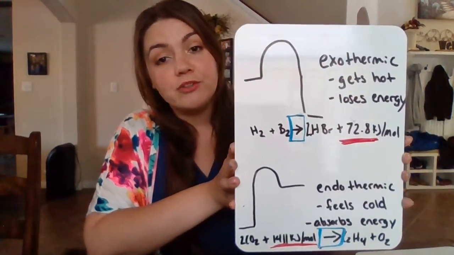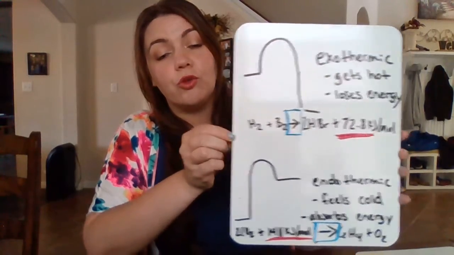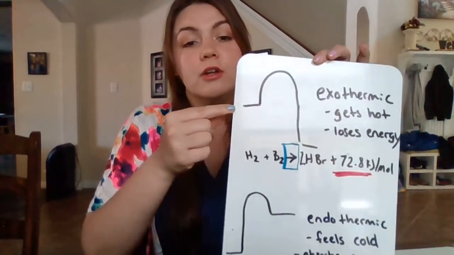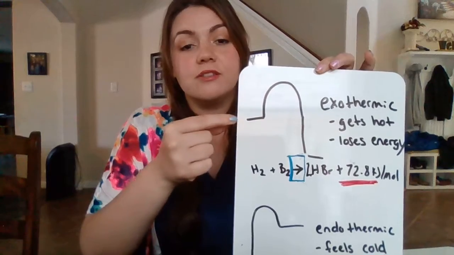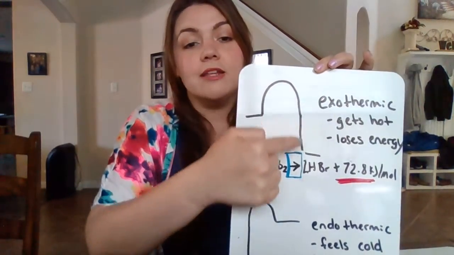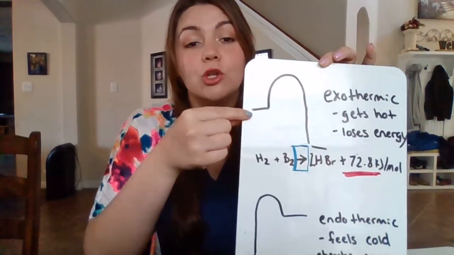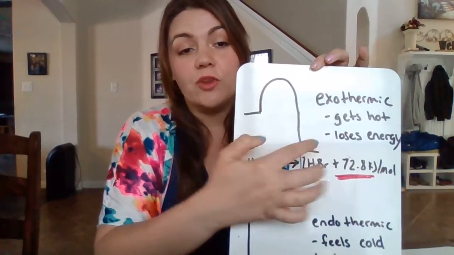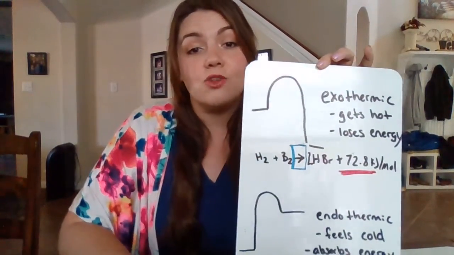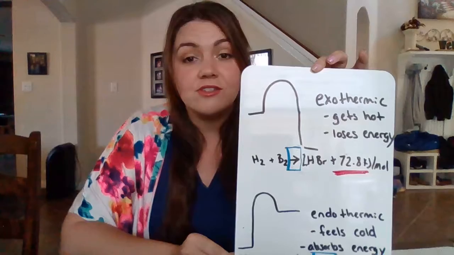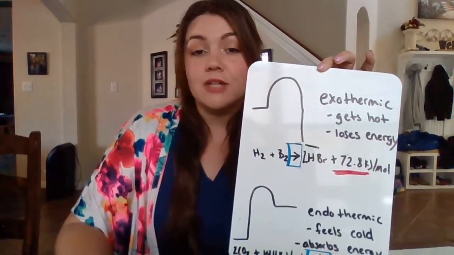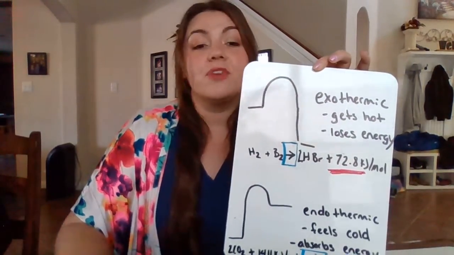So I'm going to run through a couple things real fast. So here's the 2 graphs for thermochemistry. We have exothermic and endothermic. So if you look at this one really quick, just looking at what it does, it starts up high and it ends up low. What it's doing is it's losing energy. So what that feels like is it's going to feel hot. So any reaction we have ever done in class that gets warm is an exothermic reaction because they give off